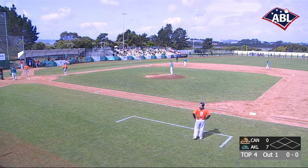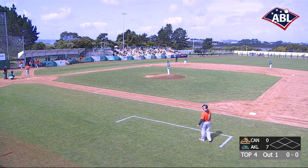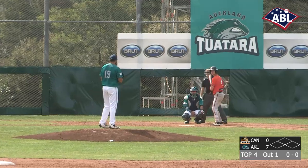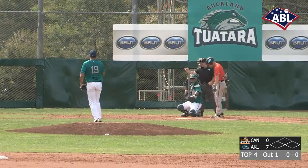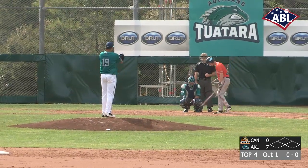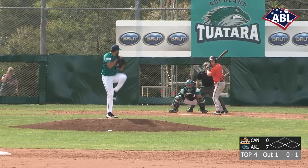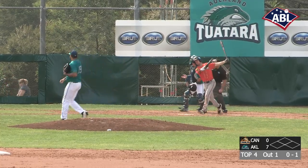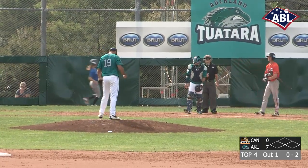Any shortcomings we've seen for Hirasawa in his hitting, he certainly has made up with his defense. An absolute wall there at shortstop. Of course, that is the number 1 priority of the shortstop, is to have his defense in order. He did get his first RBI hit off the board last inning as well. So he'll be looking a bit more comfortable in the Tuatara uniform. At the plate now, you see Cam Warner, the third baseman,